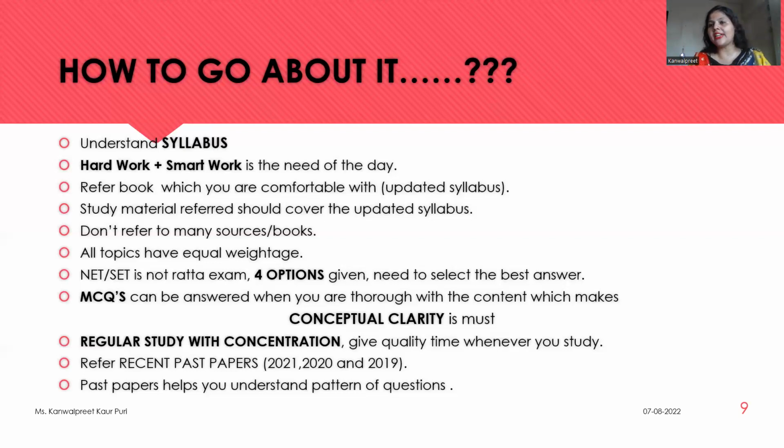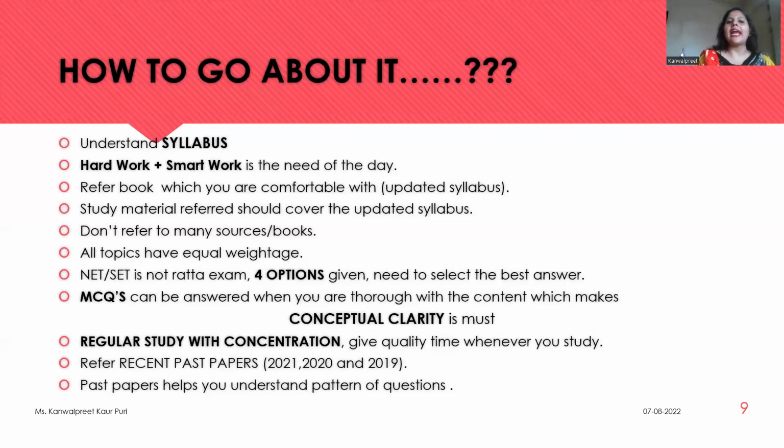All topics have equal weightage, but this is only applicable for paper one. Okay, sometimes what happens is paper 2 is unpredictable. Now, as I'm from commerce, suppose in one attempt, I'll get many questions on marketing. In another attempt, I may get on business management. And suppose in another attempt, we get many questions on financial management. So that is unpredictable. But yes, we have to understand that we download the syllabus from paper one, from the proper UGC website. They have mentioned a note in the end of paper one that equal weightage will be given